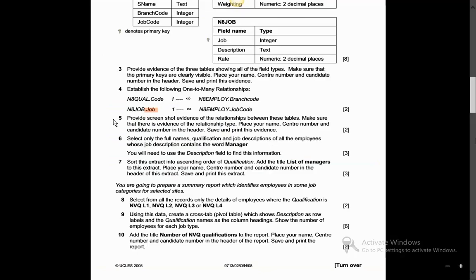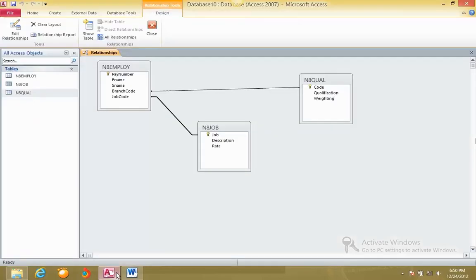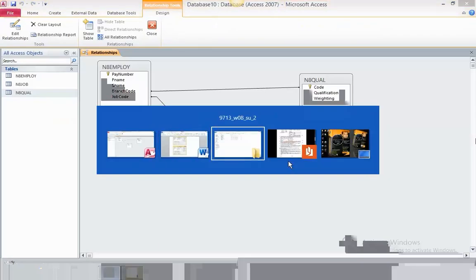Next, provide an evidence screenshot of the relationships between these tables. Make sure there is an evidence of the relationship type. Place your name, center number, and candidate number. So we do have an evidence that shows the relationship type over here and over here. Next part,